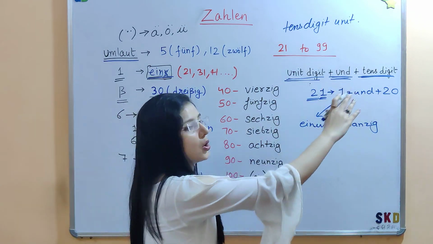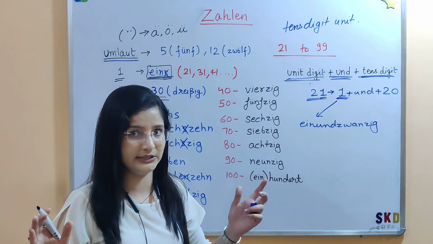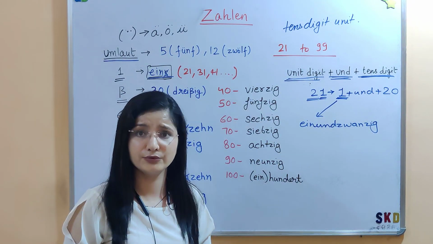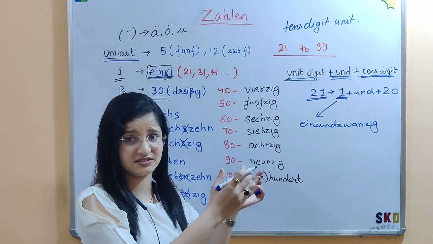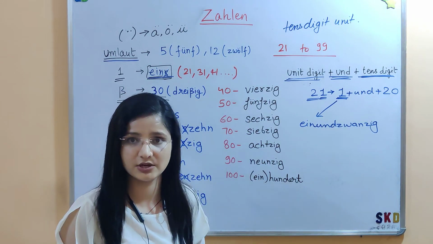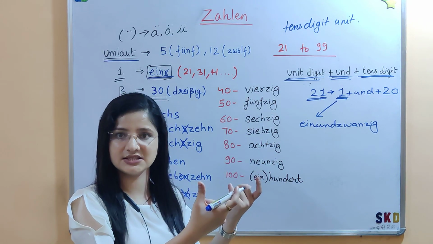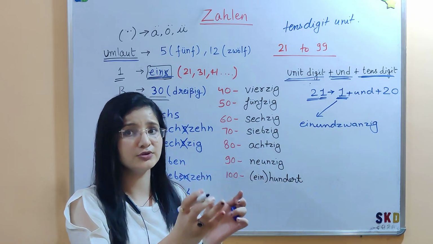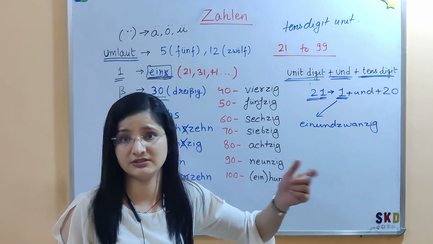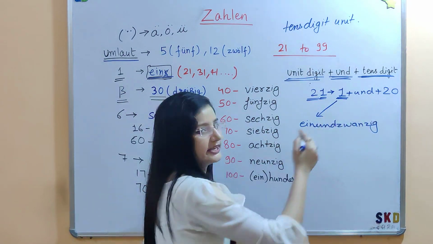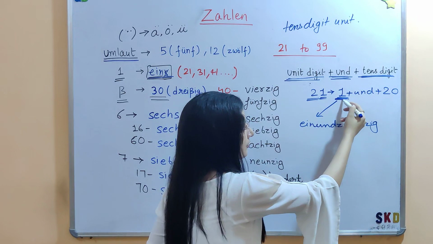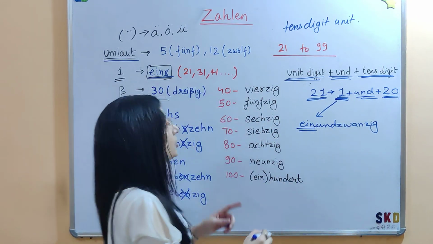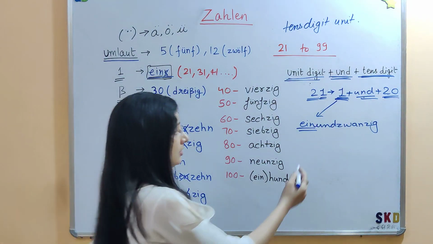So this is the rule for all the 2-digit numbers. In 2-digit numbers it is just vice versa to the rule in English. In English we first write the tens digit and then the ones digit. But in German it is the ones digit and then the tens digit from 13 to 19, and ones digit plus und plus tens digit from 21 to 99. So I repeat again: 21 is unit digit 1, ein, und, then the tens digit 20, and not eins und 20.